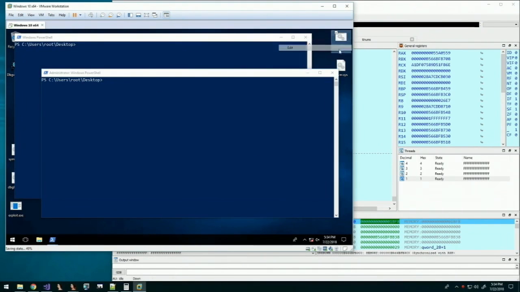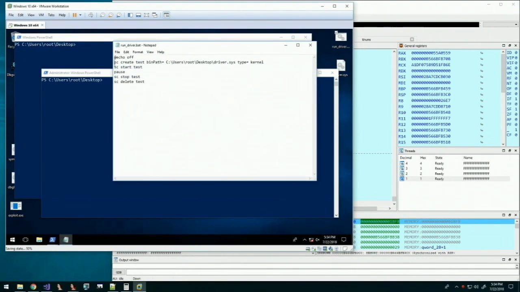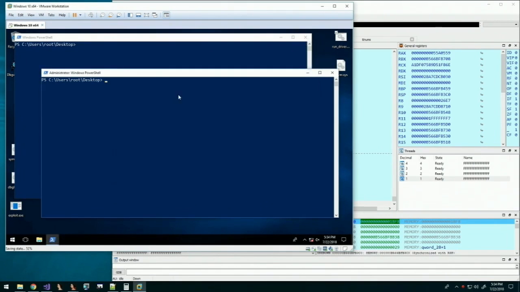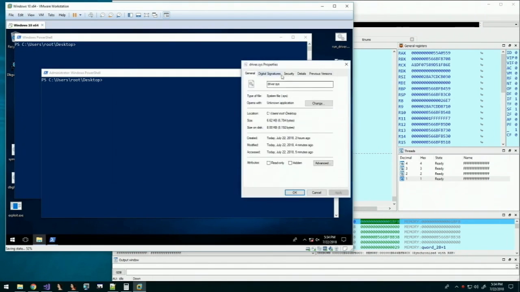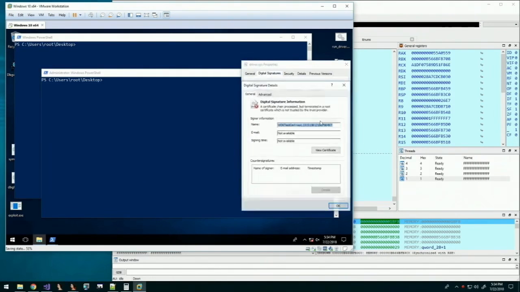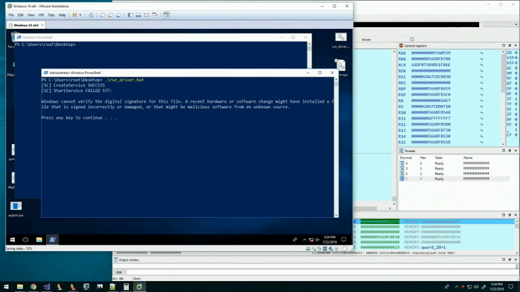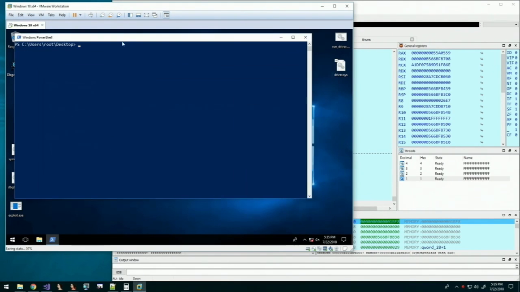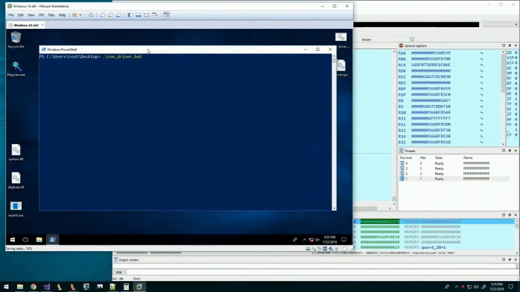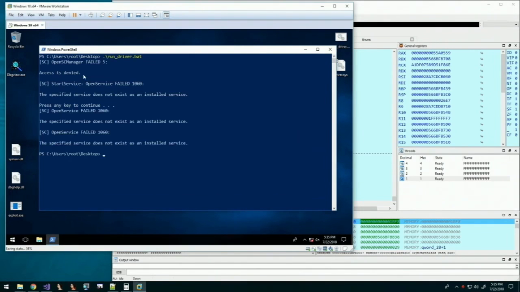So in our VM, we have this little batch file. All it does is it loads a driver and then starts it using the service manager. Very simple. We try to run this batch file from an admin command prompt, but we can see that it's clearly not signed with a valid digital certificate. There's a little error, and the machine isn't booted in test signing mode, so it won't accept this. So if we run this in an admin PowerShell, it says Windows cannot verify the digital signature for this file. It's not a valid digital signature. Now, if we try to run this from a PowerShell that doesn't have admin access, you don't even get to the driver signing check. It just says access is denied. You don't have privileges to even get that far.